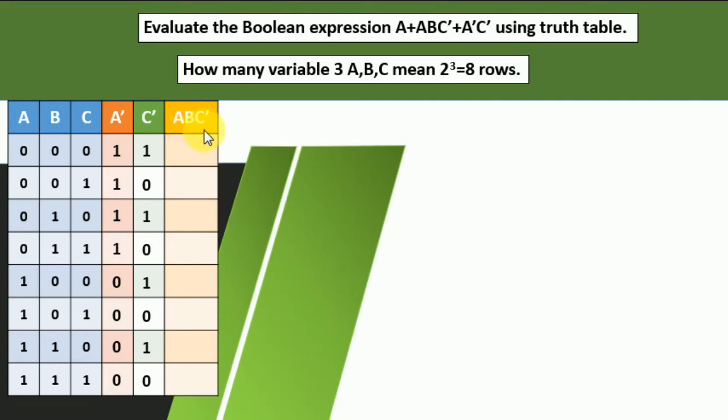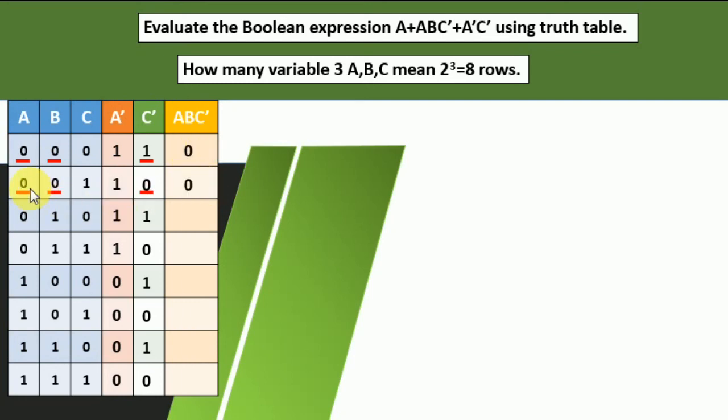We know that these are AND conditions. What is the first value of A B C complement? Here that is 0 0 1. You know that in the case of AND, if there is a 0 present, it means a false condition, so the condition is going to be false. That means 0. What is the next?